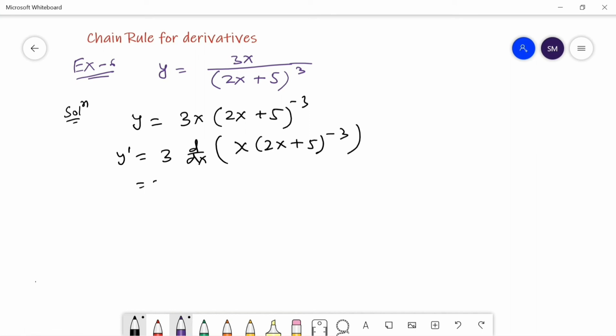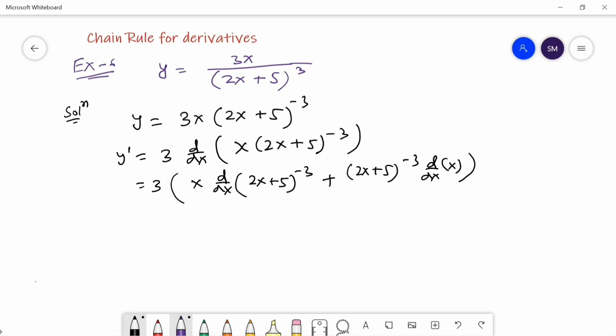So we'll use the product rule here. So this is 3 and then x, derivative of 2x plus 5 to the power minus 3 plus 2x plus 5 to the power minus 3,